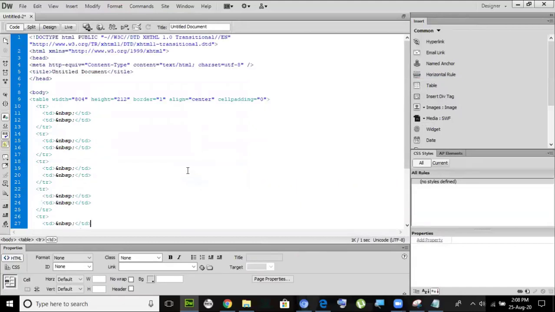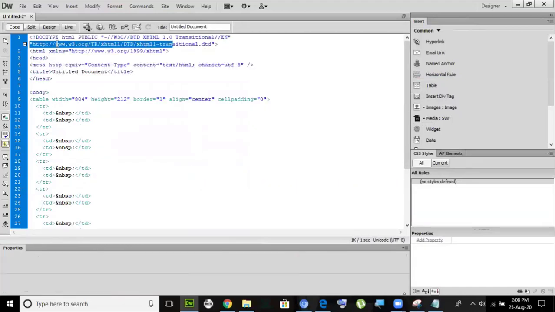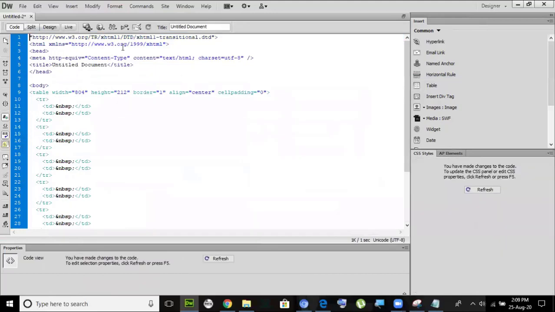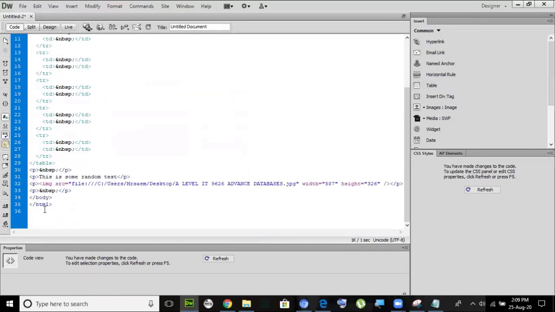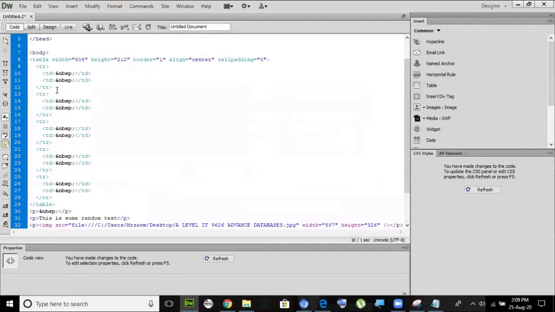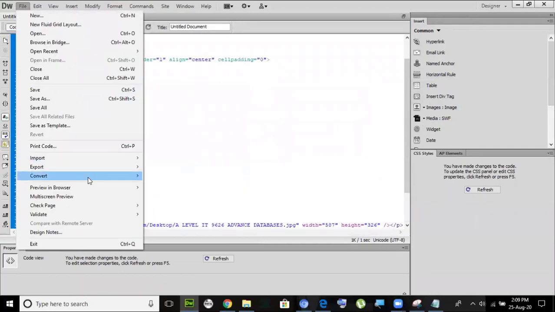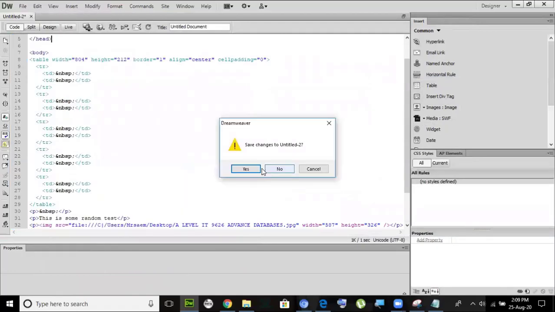As far as HTML is concerned, I'll just get rid of these unnecessary codes that are not important for you to learn, that are just randomly being generated. The meta tags, not important for you. This is important. It starts with HTML and it closes with HTML, which means we need to tell the browser, if I preview this in the browser,